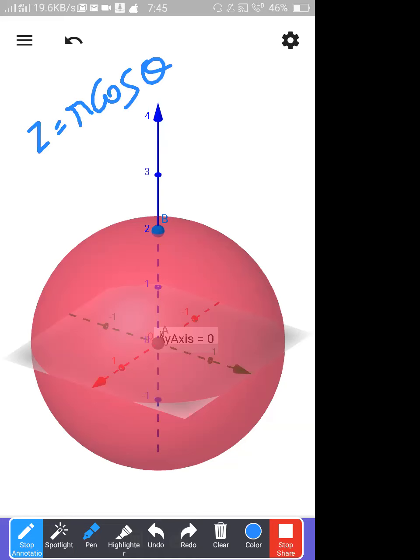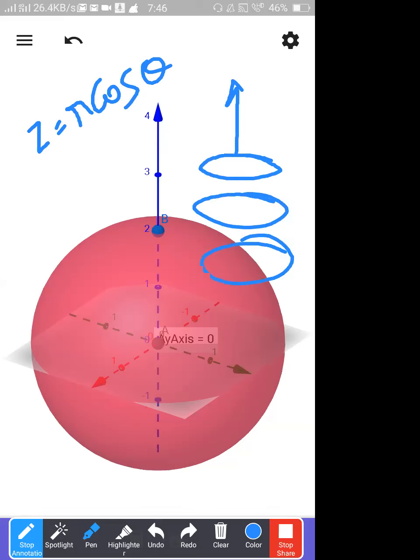Anybody? See, please remember one thing. Your z will always be in this direction. Where will be your phi? Your phi will always be in this plane. It may be like this, it may be like this. But please remember, the z axis and phi plane are exactly perpendicular to each other. That's why when you are operating in z, that is independent of phi. It will have a relation only with theta. Please note down, your z axis and phi plane are exactly perpendicular to each other.